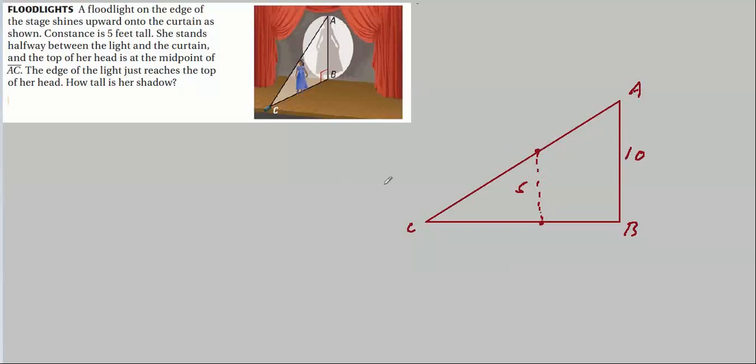Does this mean all shadows are twice as big as the original object? Of course not. It all depends on where you are with respect to the light and where the shadow is being cast. If she moved down here, her shadow might be even bigger. Up here, well,